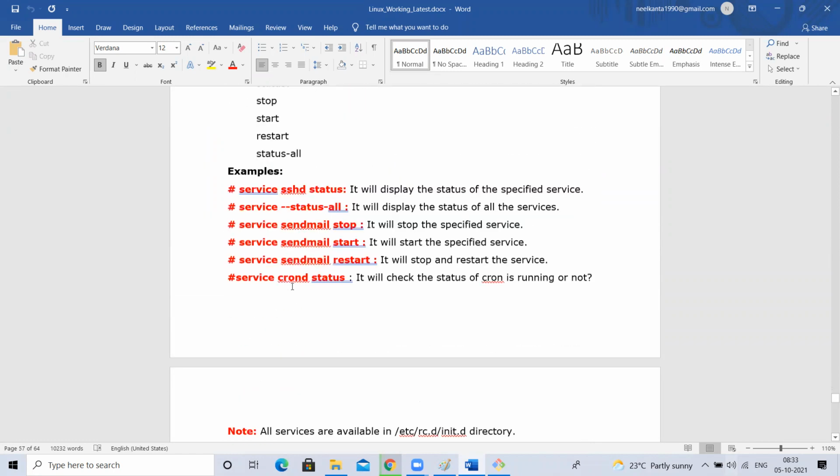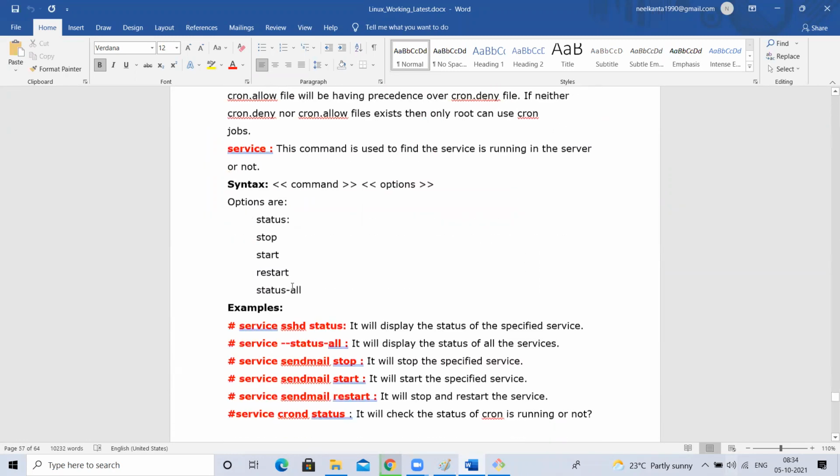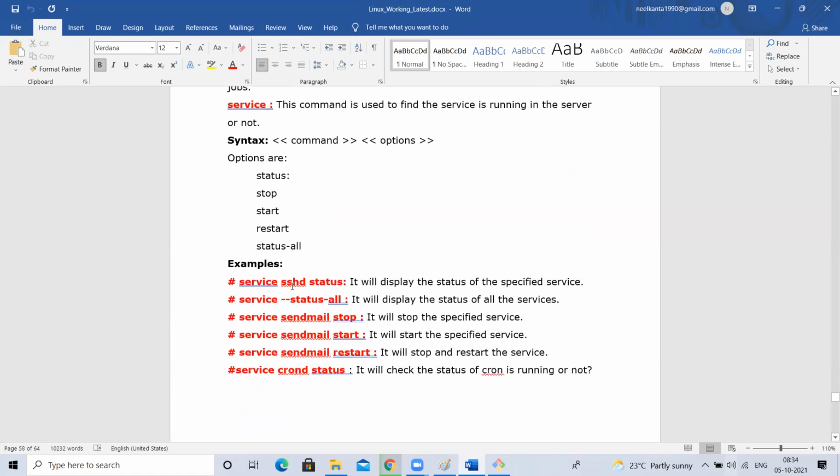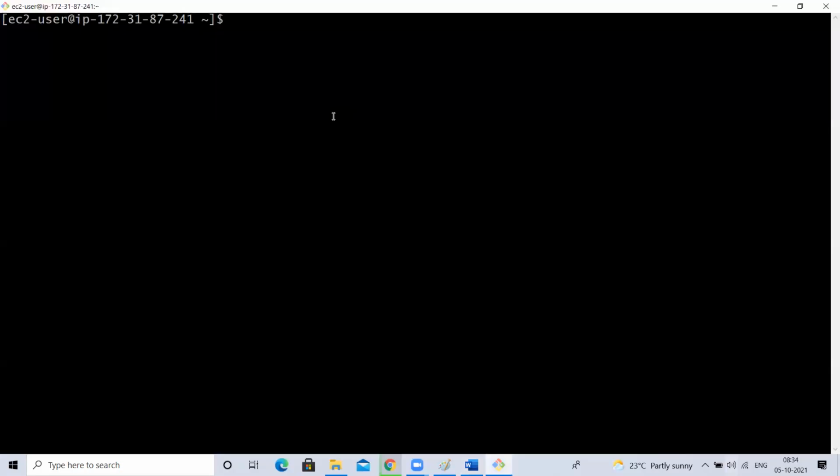Next, crontab will come in a moment. Before that, let me explain one important command, service. See, if I install something on this, like Jenkins or some other external tool, on Linux we do installations and we do configurations also. So there is a difference between configuration and installation. That I'll discuss later. Whatever we install, I can manage them with the service command. Service Jenkins start.